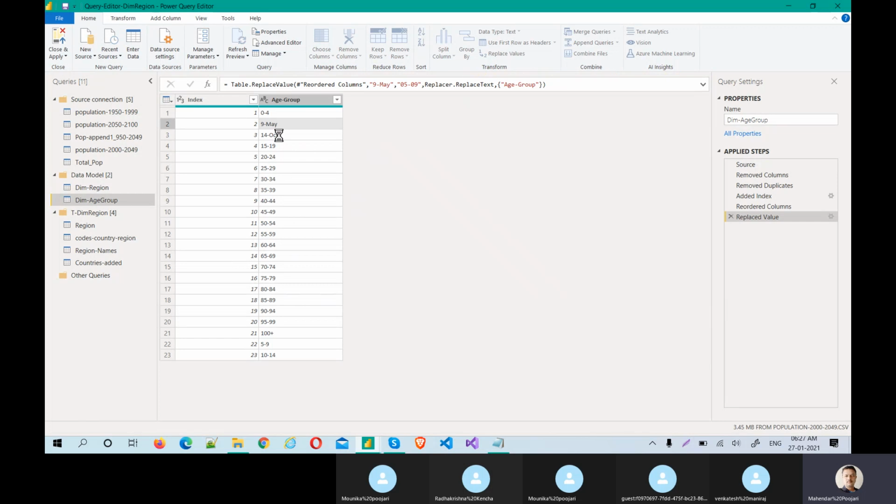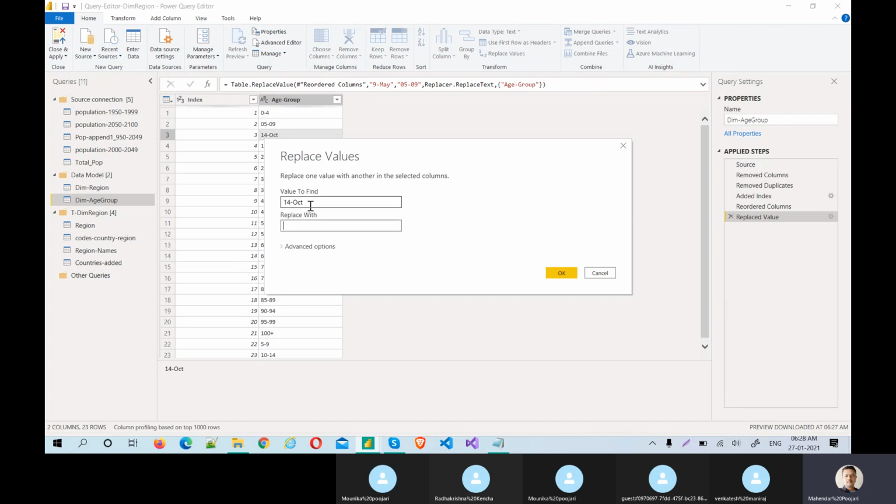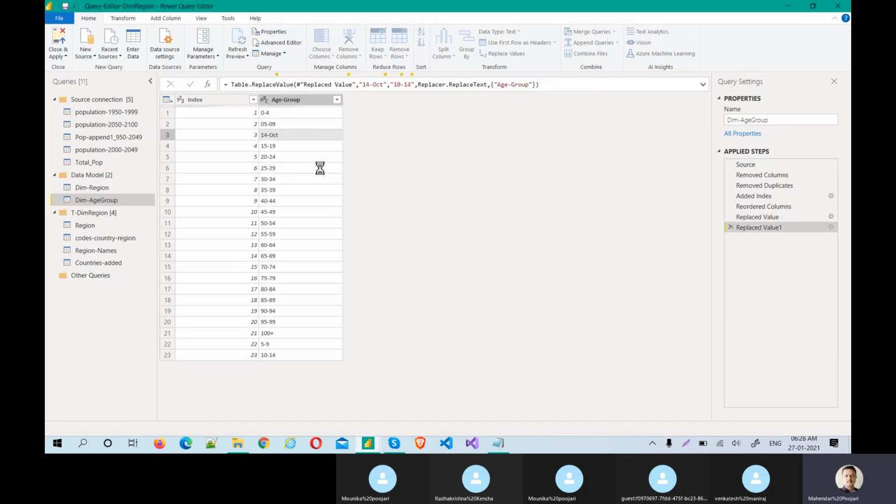And let's fix this also. Guys, in real time it would not be like this. You cannot do that on your own, but you will definitely take the help of your manager or the user story author, and based on that you will proceed. In October, basically this is 10 to 14 years. I don't know why it went in a different manner, but that's perfectly okay. Okay, that is also done.